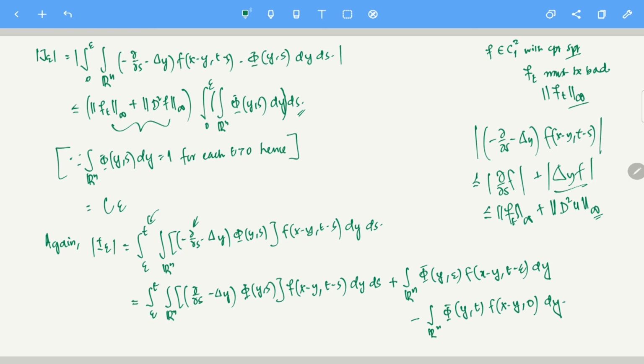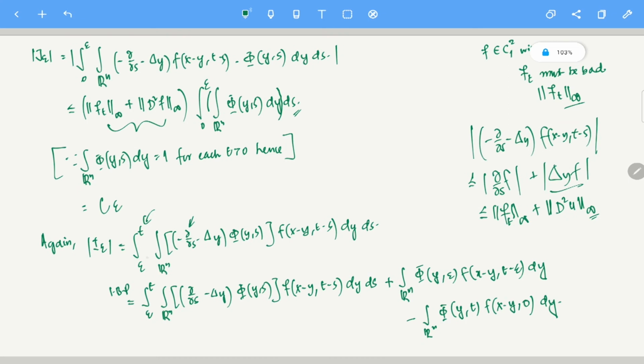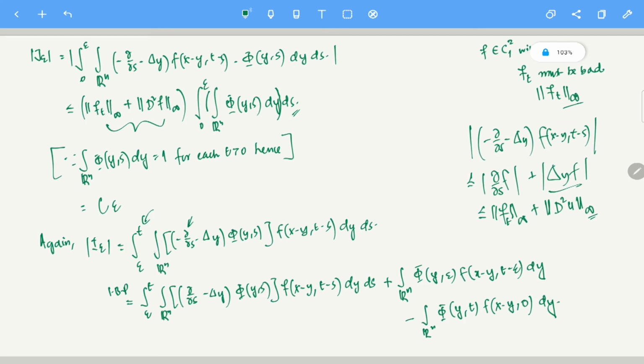How am I getting all of this? I am getting all of this just by integration by parts, and it is just a one dimensional integration by parts. I am doing it on the t variable. If you do the integration by parts on the t variable, it looks like this: the sign changes from minus to plus, and then you have the boundary terms evaluated at the boundary, so s evaluated at t and s evaluated at epsilon. So it goes on like this.